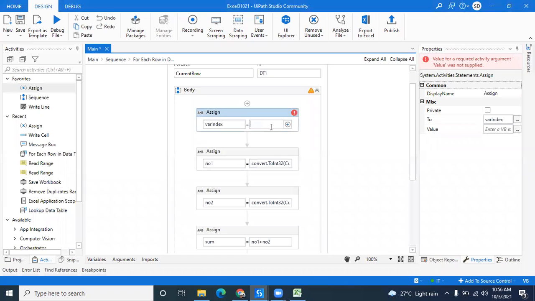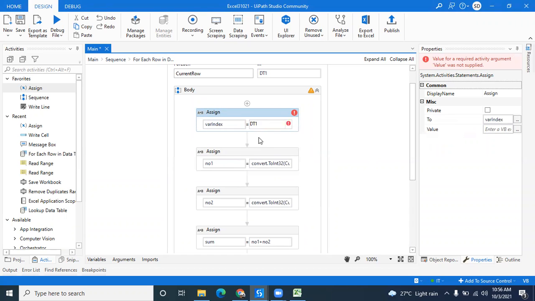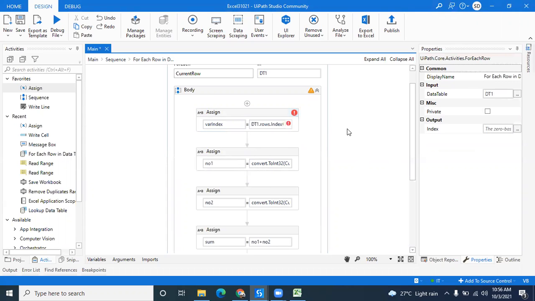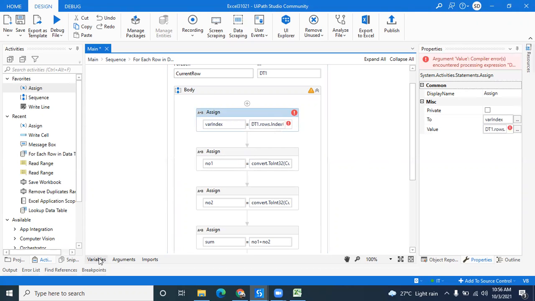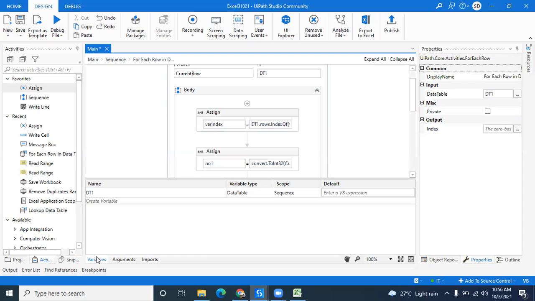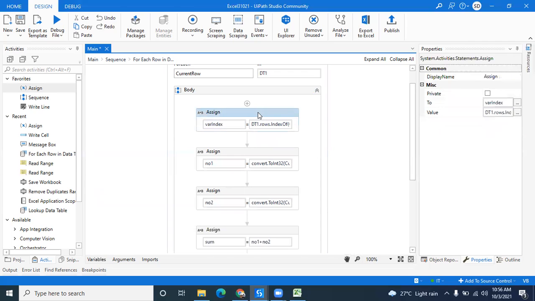So data table name dt1 dot rows dot index of our data row, current row. And the variable should be an integer because we have to increment a counter. Counter is always an integer. That's why I should change the variable index type to integer.